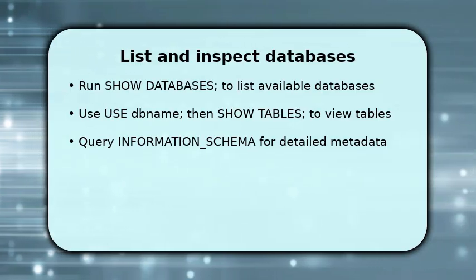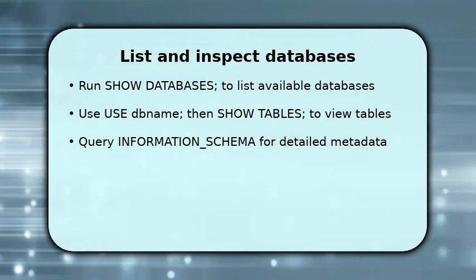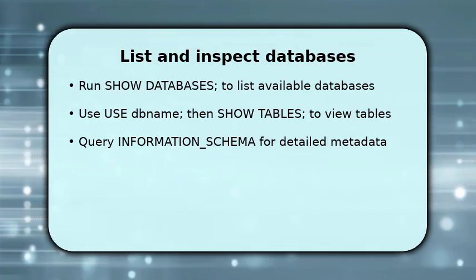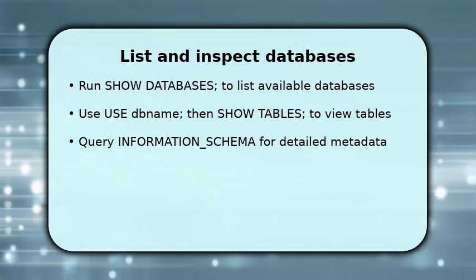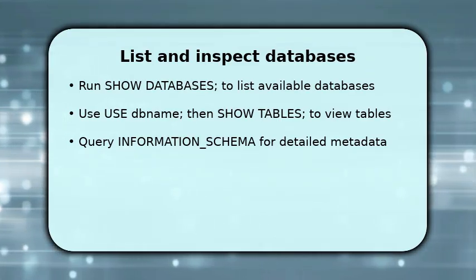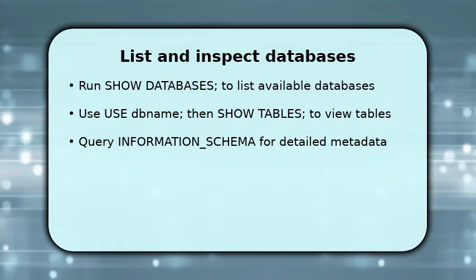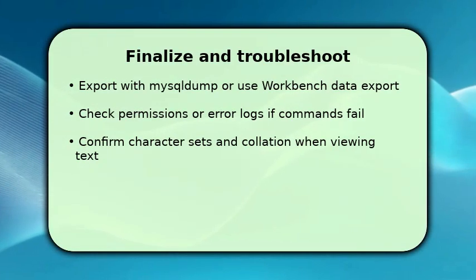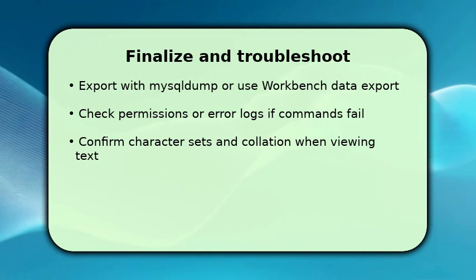To understand structure, use show create table name or query information schema tables and columns for schema details. If you need sample rows, run select asterisk from table name limit 10 to verify data format without scanning the entire table. To finish, export or snapshot the database using mysqldump or Workbench export so you have a backup